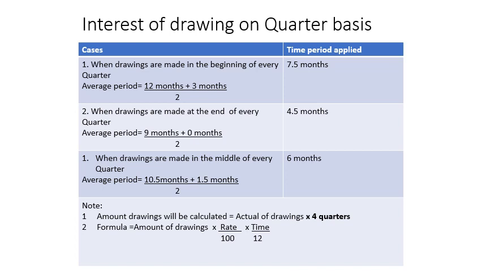In the same way, for the end of every quarter, 9 months, 6, then 3, then 0, this time period can be applied to calculate the sum of product, and then for the middle, 10.5, and everywhere you will see that a 3 months gap will come, and the last one is 1.5, and then the product method can be used. And the product method formula is that the sum of product is needed to calculate, the rate will be applied, and the time period 1/12 will be applied. The answers from both will remain the same.